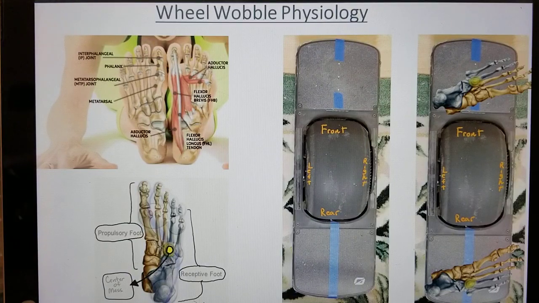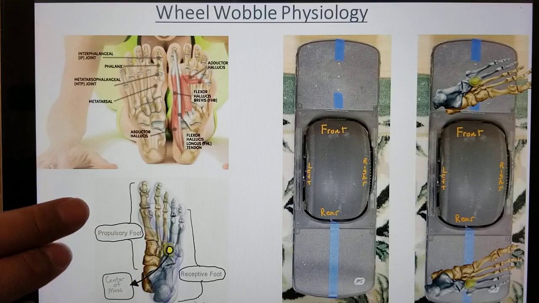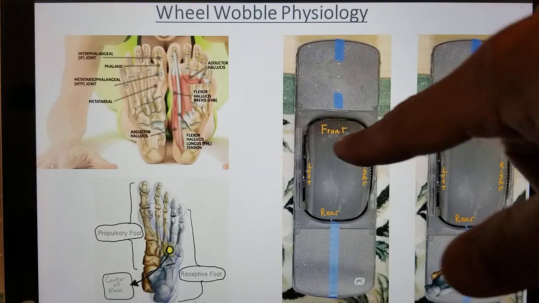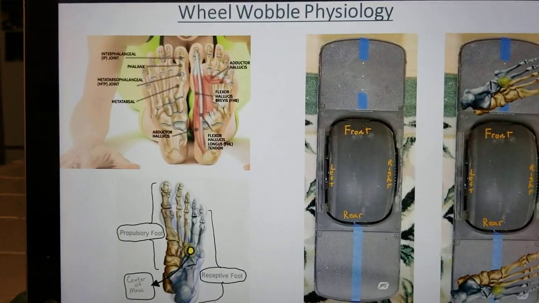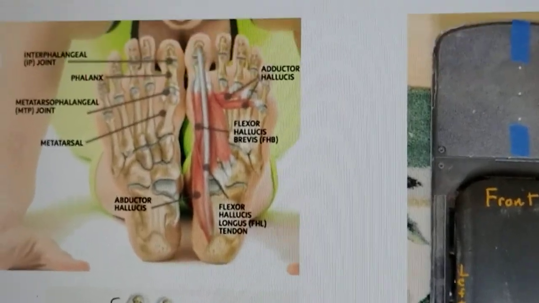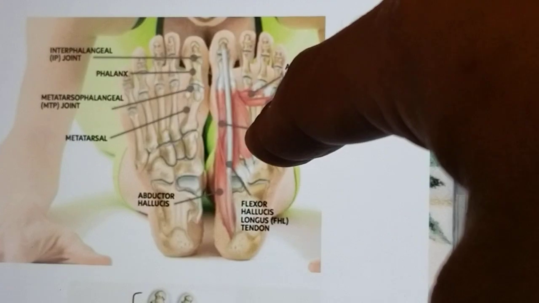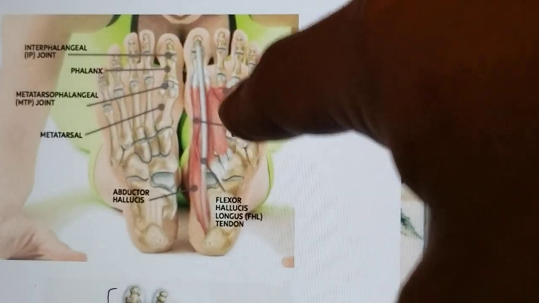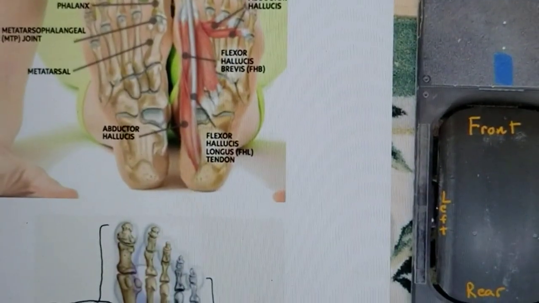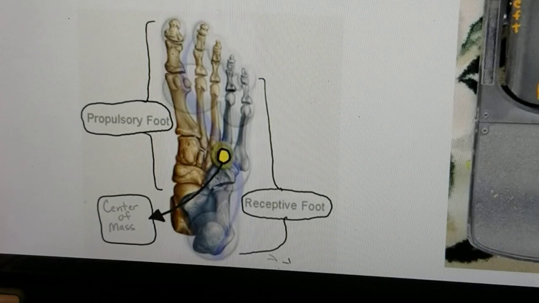So go ahead and just ignore all these labels on the top picture and focus on the labels I've written in these three other pictures. Just to give you some frame of reference and orientation, in the top picture we have what looks like a lady, and you are looking at the bottom of the soles of her two feet. I want you to picture the bottom of her left foot, and now we're going to focus on the bottom picture to explain what's happening with wheel wobble. So in the foot,